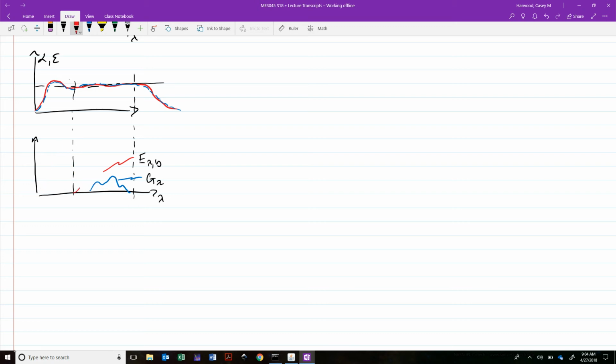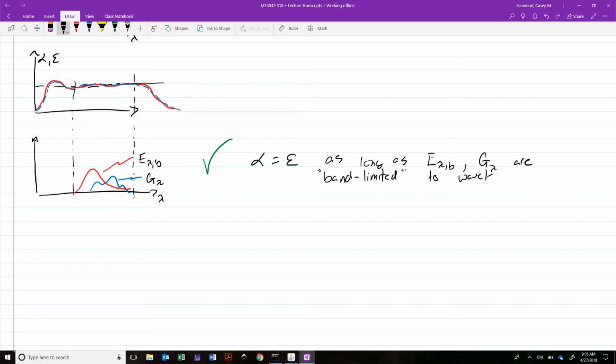But if in fact it sticks to that region, then we can say alpha equals epsilon as long as B and G are what are known as band limited to wavelengths where